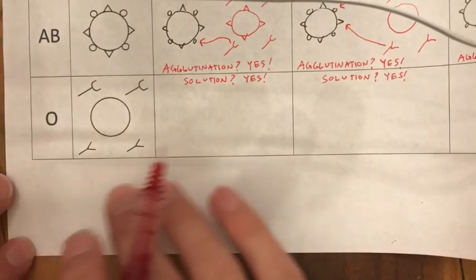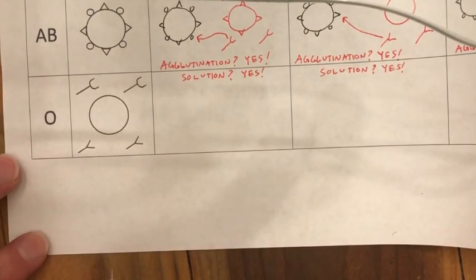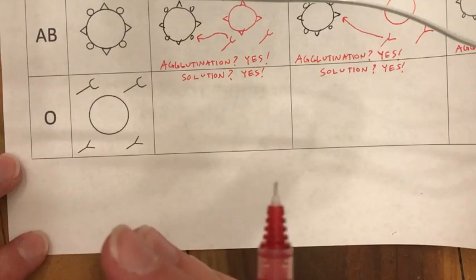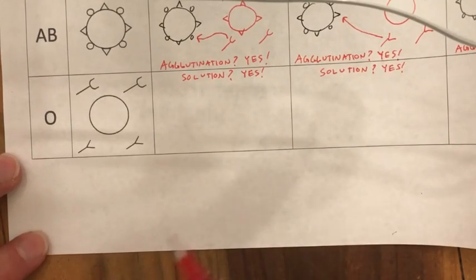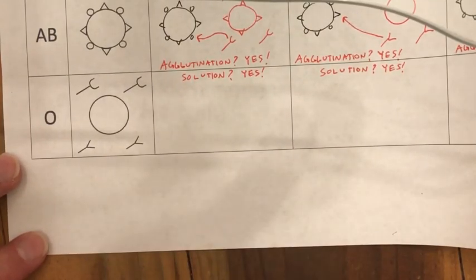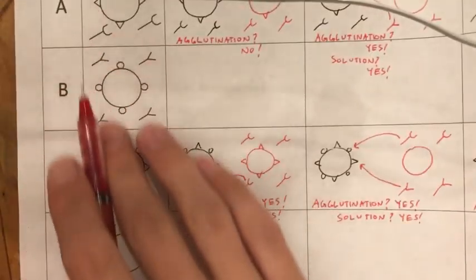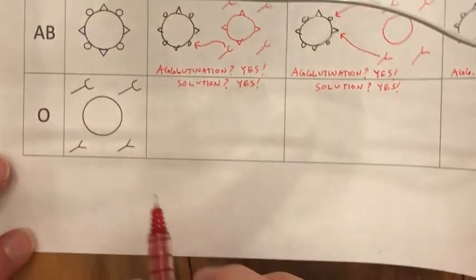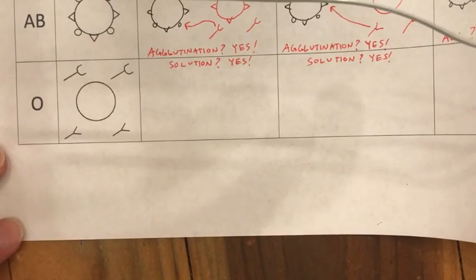Okay, so the very last thing that I want to talk about is this added complexity of the plus and minus. So some of you may know your blood type. Maybe you're A negative or A positive, or maybe you're O negative, O positive, etc. Any of these blood types can be positive or negative. So what that refers to